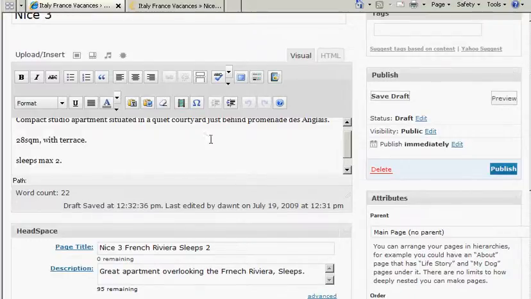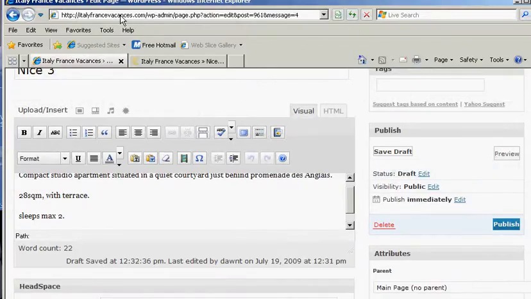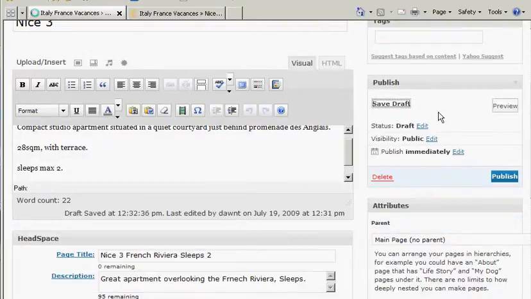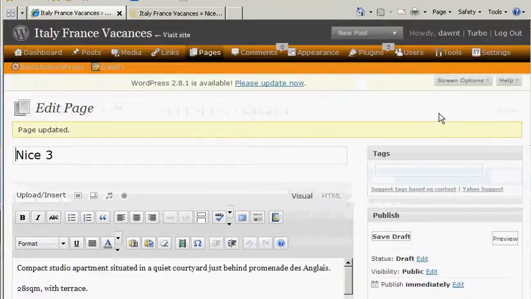Now, one thing you'll notice is that at the moment the page hasn't been associated or given a number yet. So what we actually have to do is save draft first. And what that does is give it a number, which is important. We can then go down